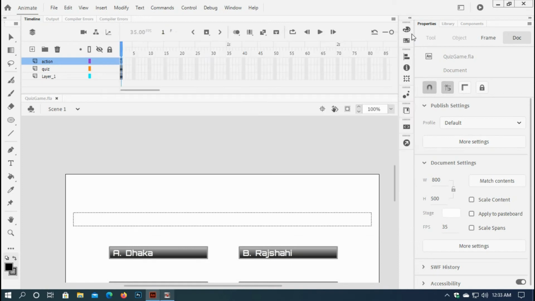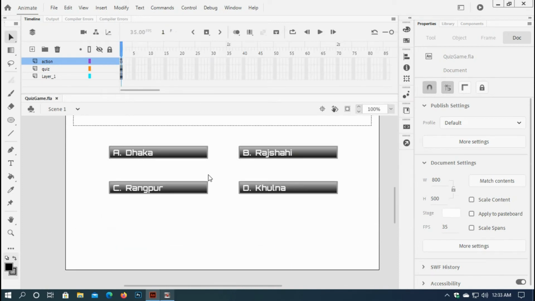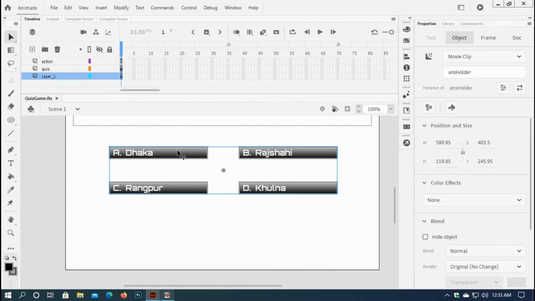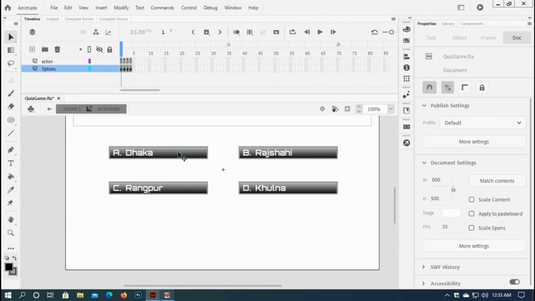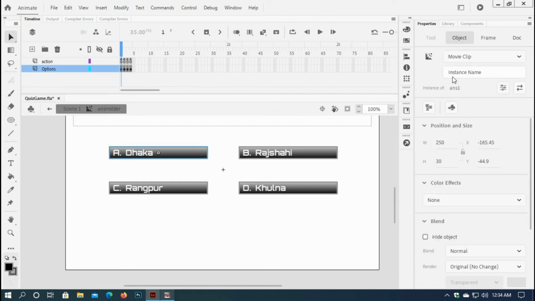So double click and go inside the answer holder, but first I have to rename this layer answer holder,